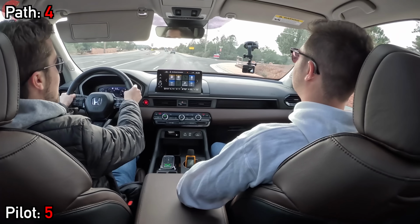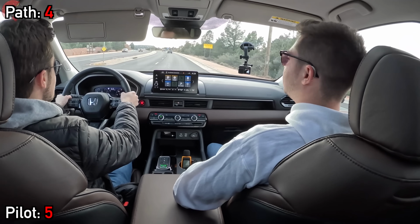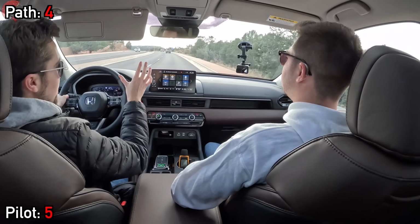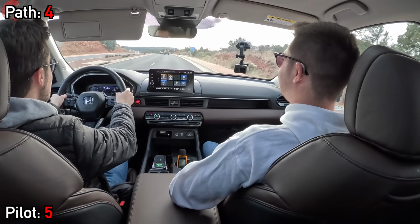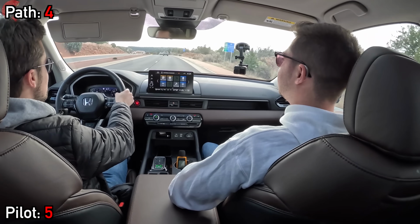All right, very nice. There's a quick burst of acceleration here in the all-new Pilot. So, as we have stated previously, the most powerful Honda Pilot ever. Now, it's not by a ton. It's actually just by 5 horsepower. But nevertheless, it still does have that new 3.5-liter V6 engine, 285 horsepower,